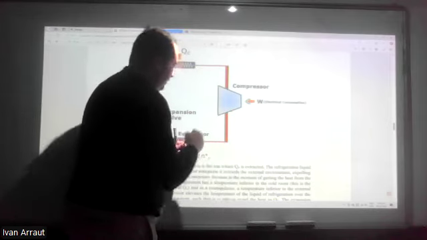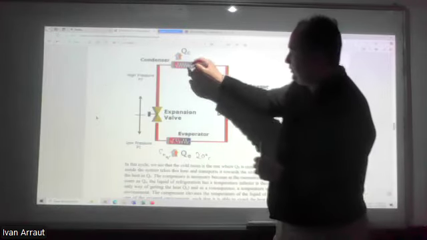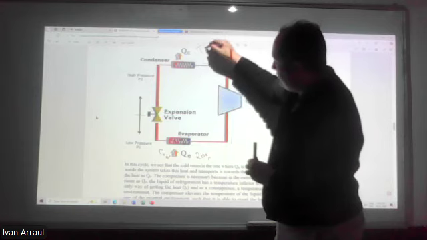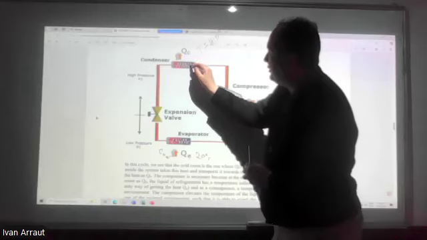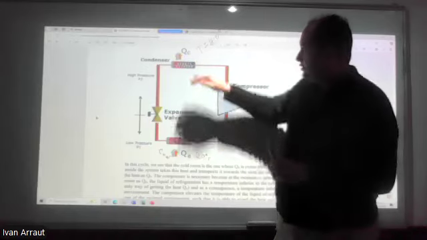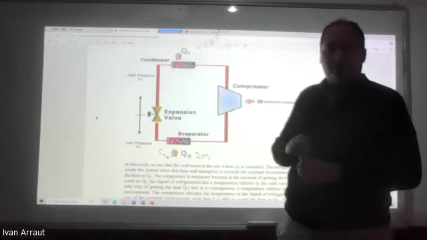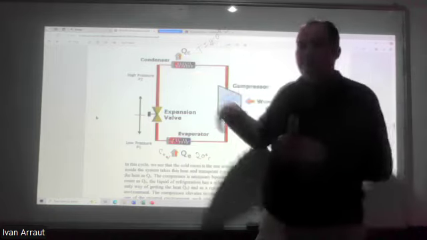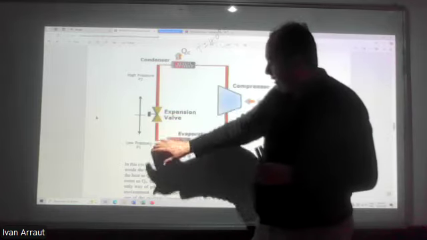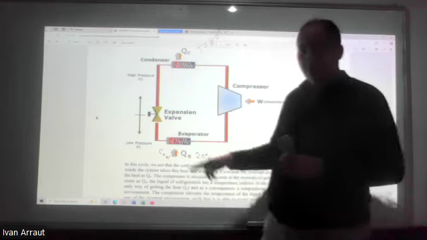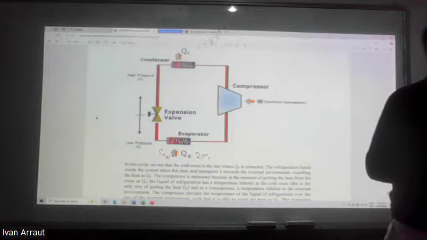From here, go here. I inject the work for increasing the pressure and increasing further the temperature, such that this was 40 degrees. I want this temperature here to be 50 degrees, such that this heat can escape. And then when you escape this, the gas or liquid or whatever lost some energy, naturally suffers an expansion and reaches the conditions necessary to cool down again and repeat the cycle. This is how a refrigerator operates.